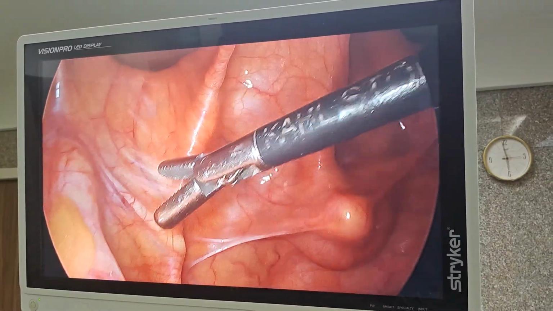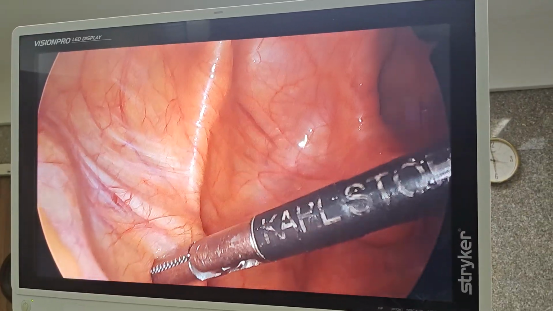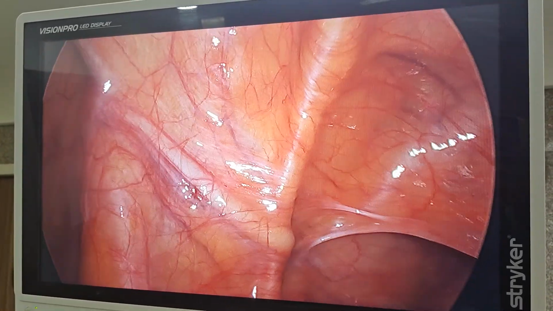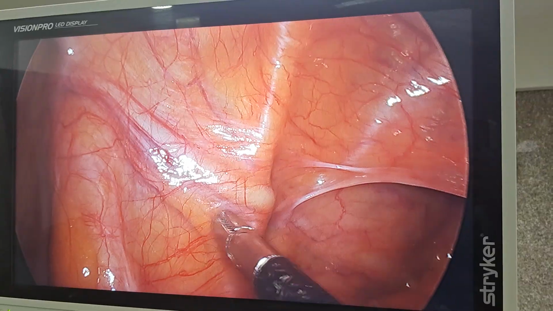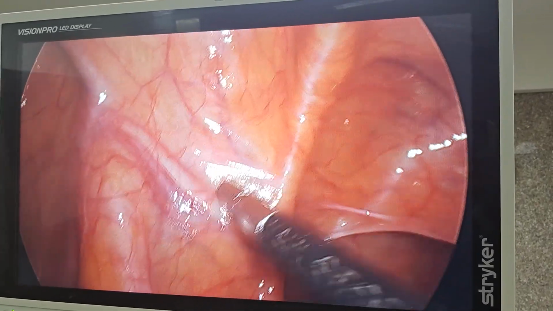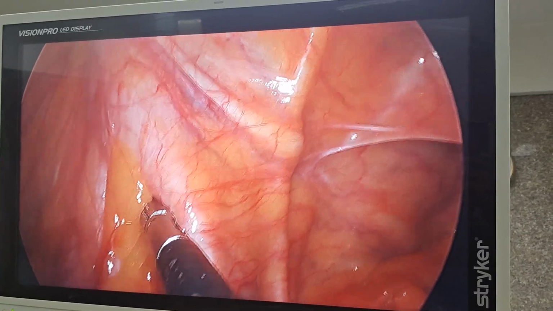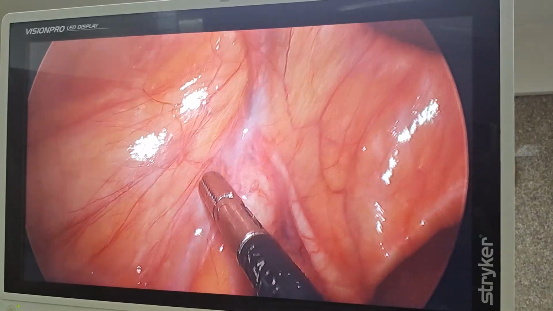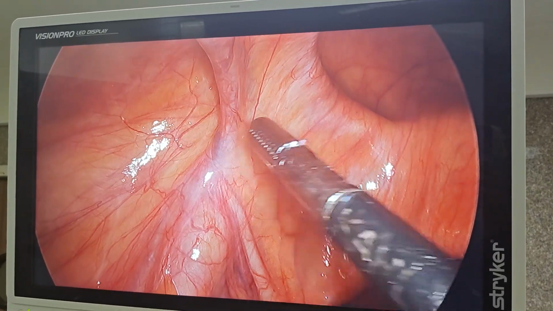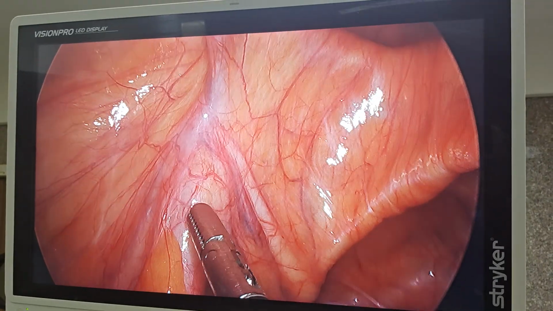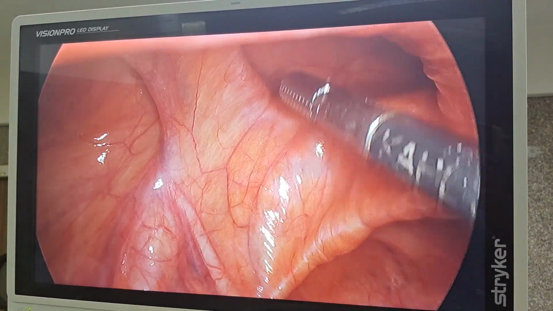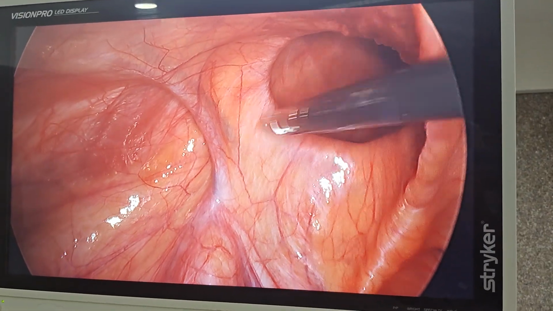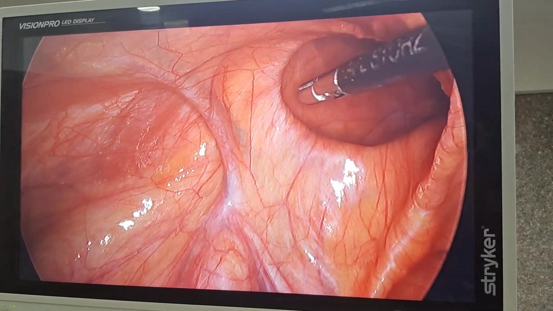Now I'll show the anatomy so beautifully. Can you see this structure? This is vas. One minute, I'll show so beautiful today anatomy. So this is the vas deferens. Can you see? This is the iliac vessels. This is the gonadal vessels. And this is the inferior epigastric artery, which has origin from the iliac vessels. So the defect is obviously medial to the inferior epigastric artery, that is, it is the direct hernia.